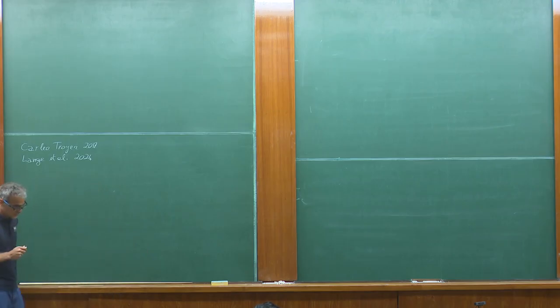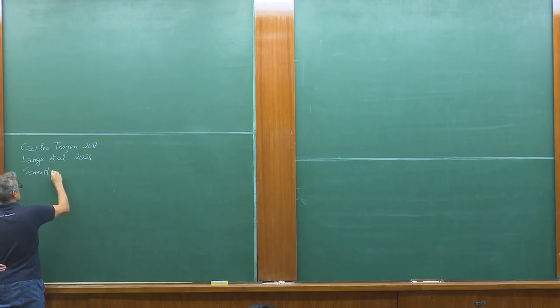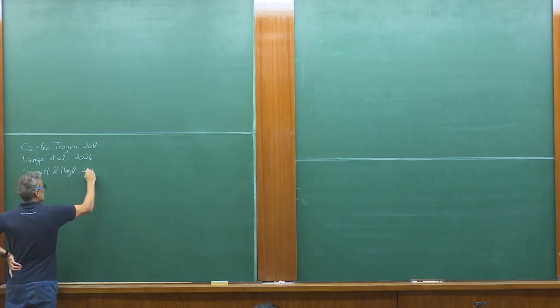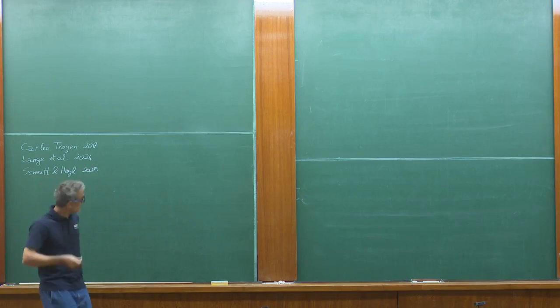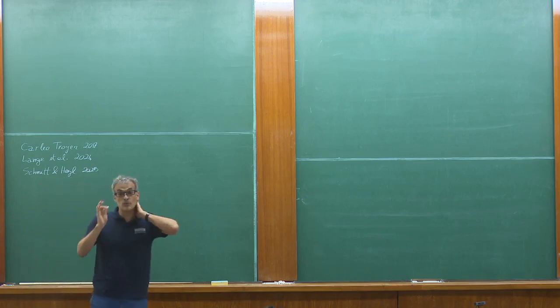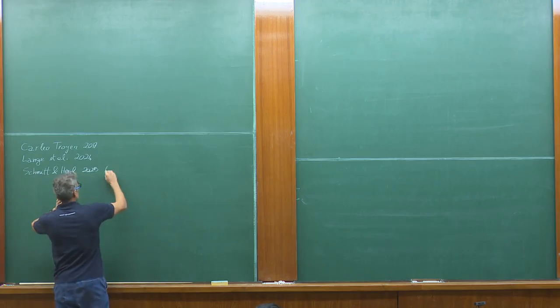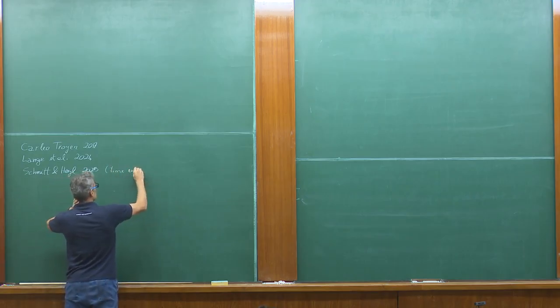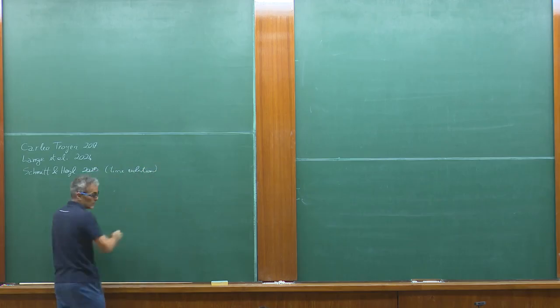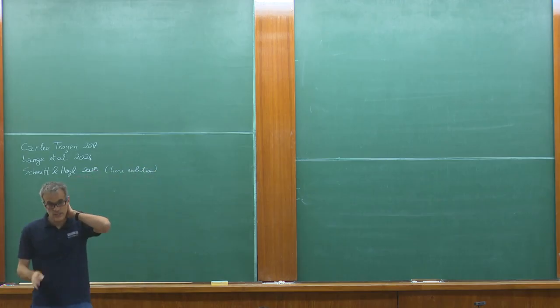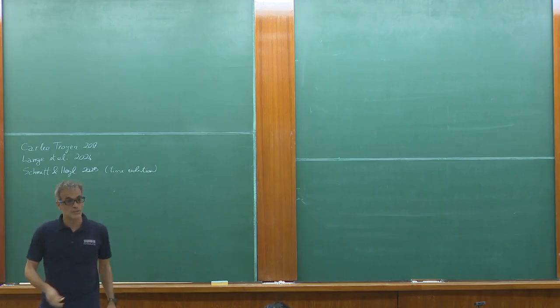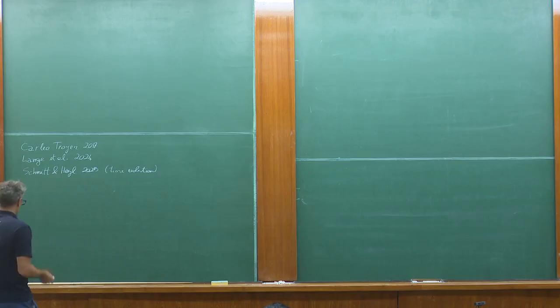And then another one that was done last year by Schmitt and Heyl, 2025, on the arXiv. This one I don't think is published yet, and it's on time evolution mostly. This is focused on time evolution. And in fact, back in 2020, they had a very nice PRL where they used convolutional neural networks to do some time evolution. There were other papers around that time by Gutiérrez, Mendl,